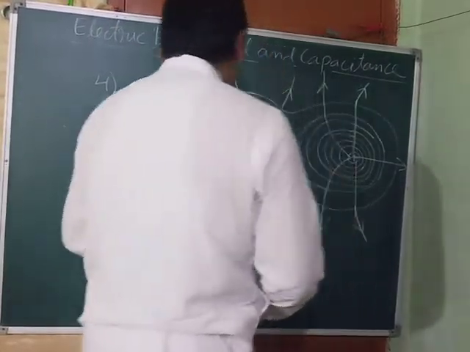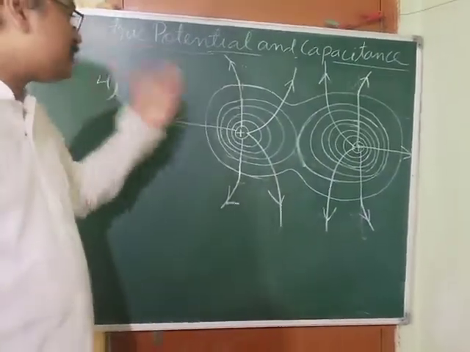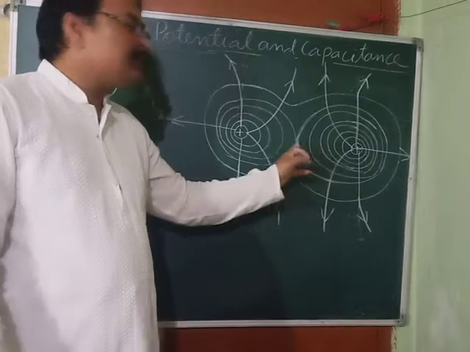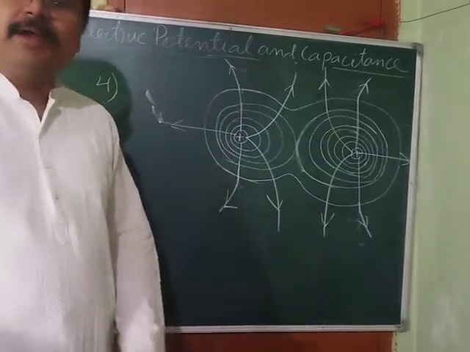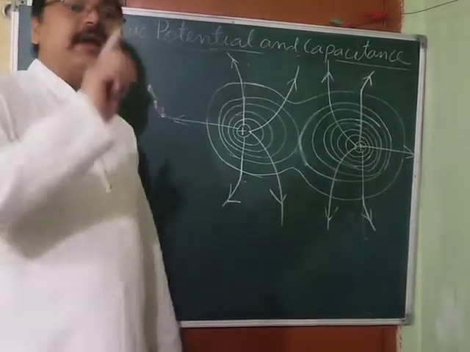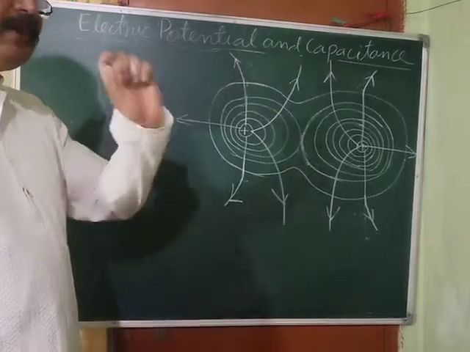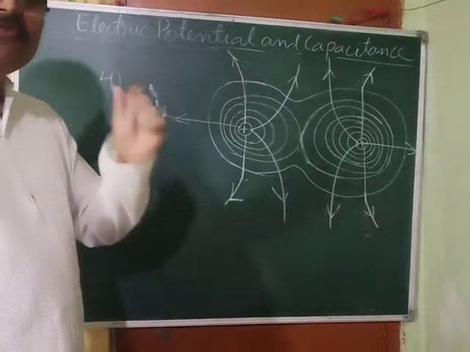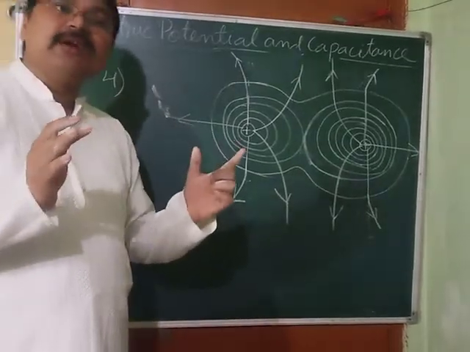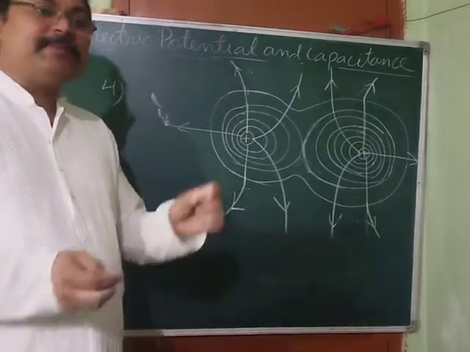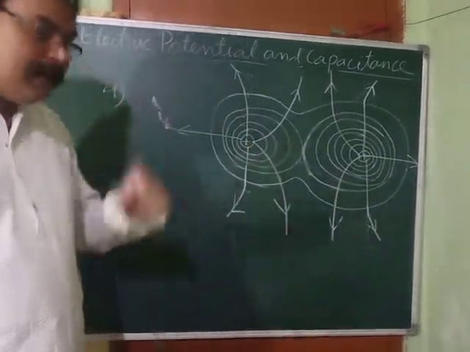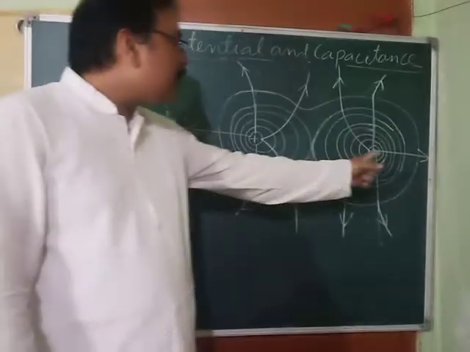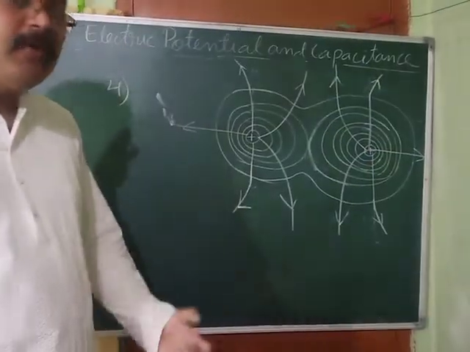Now why is the separation less outside and why is the separation more inside? That question arises in our mind. Again, we have to go through that property. The property was that wherever the field is strong, the equipotential surfaces are nearer, that means spacing is less. This means that here and here the electric field is more. How and why? Let's see.